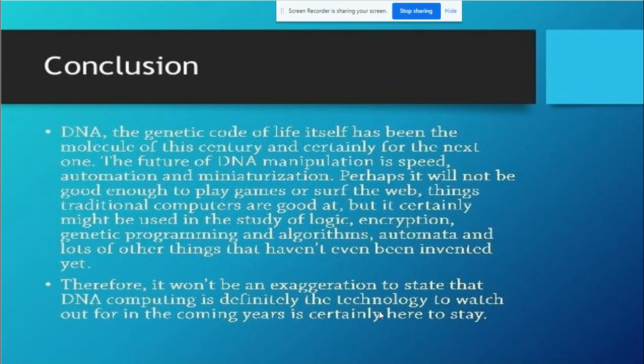Therefore, we conclude this session with this last point of our conclusion. It won't be an exaggeration to state that DNA computing is definitely the technology to watch out for in the coming years. DNA computers in the coming years will be much more prominent, and we will see how DNA computing progresses and makes a huge approach